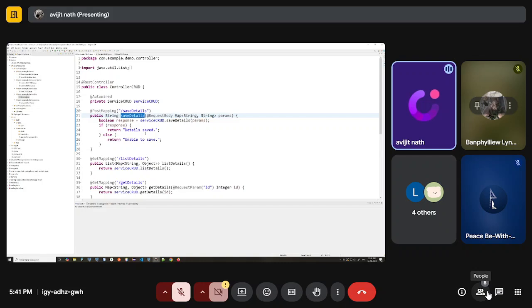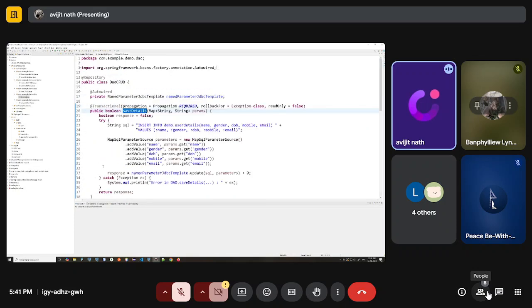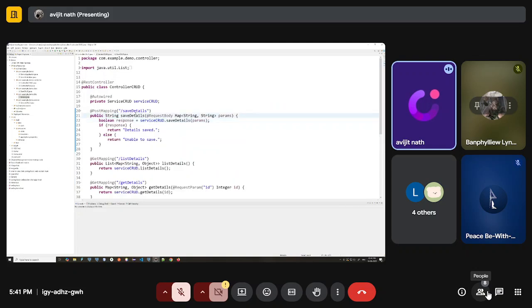And at the end, it will call the service class. You can see this is a service save method. I have passed the parameter. Once you click over here, you can see this is calling this method. And if you click again, this is the insert query executing. So this is the method with the post mapping. Mapping is the save details. It will execute. Once it is executed, if it is true, it will display details saved, otherwise